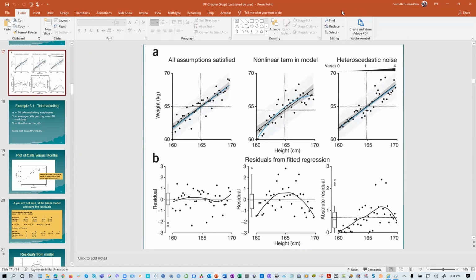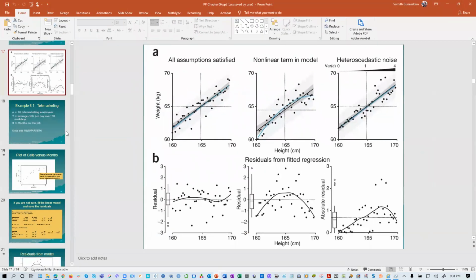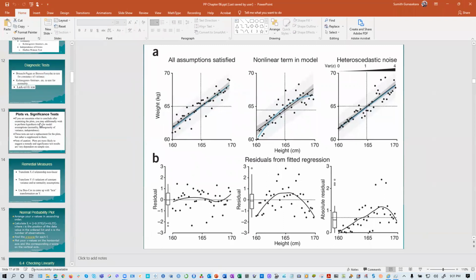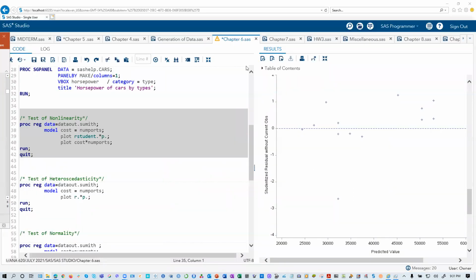But I think nonlinearity can be checked with that one as well. So nonlinearity can be checked through the residual versus the predictor value plus the residual versus the predicted value as well. Mainly, with residual versus the predicted value you check the constant variance. So that means